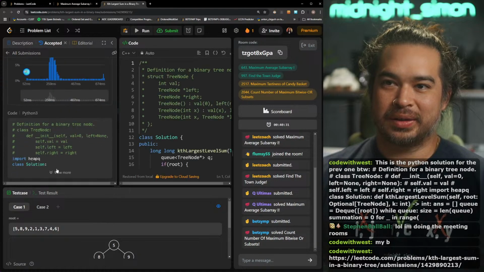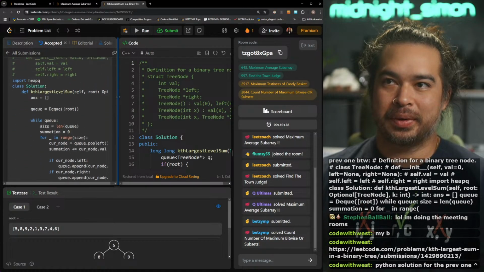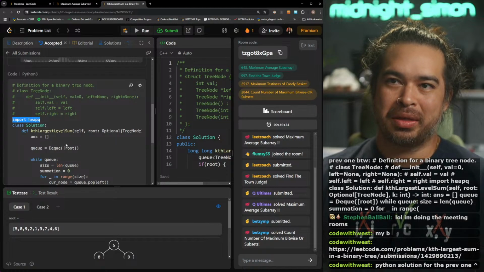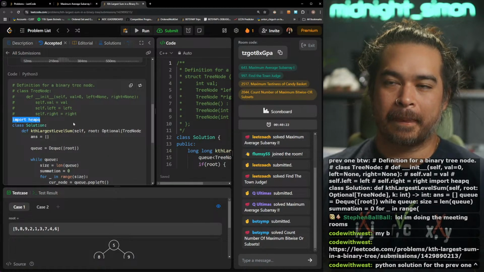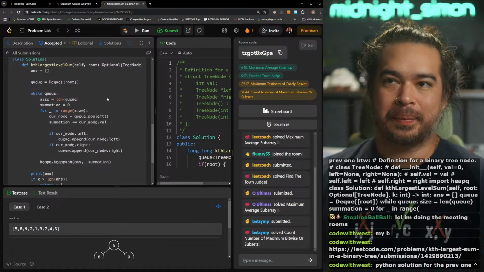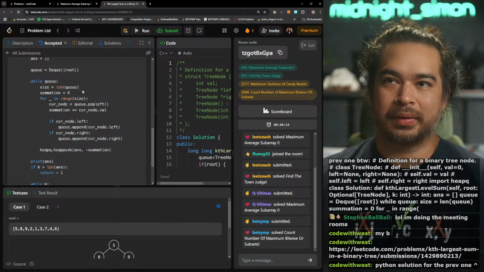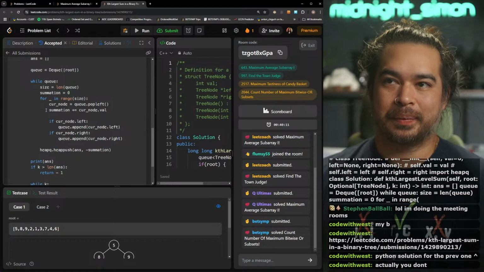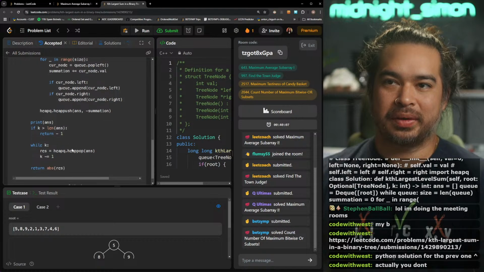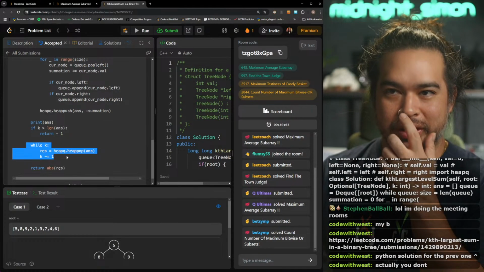Alright, so this is what you coded up. Do you have to import this in Python? Yeah, this is pretty much what I did. Exactly what I did. Well, I don't know about this part.